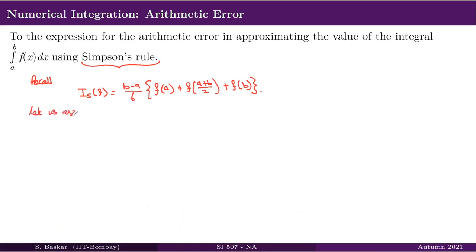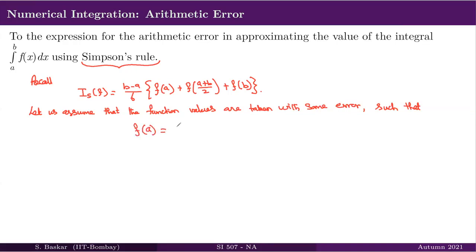Let us assume that the function values are taken with some error involved in them. Say, for instance, it may be rounding error or something else, such that the exact value f of a is some approximate value which we will be using in our calculations, and the error involved in this is denoted by